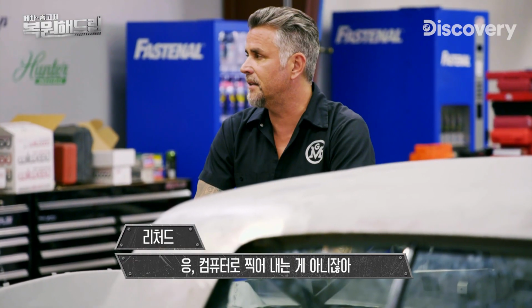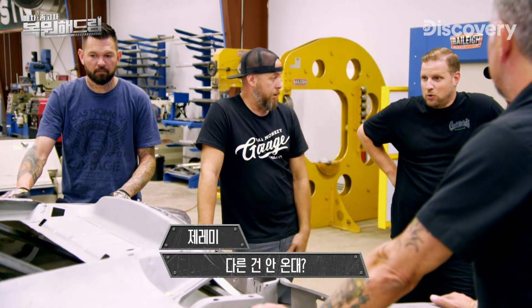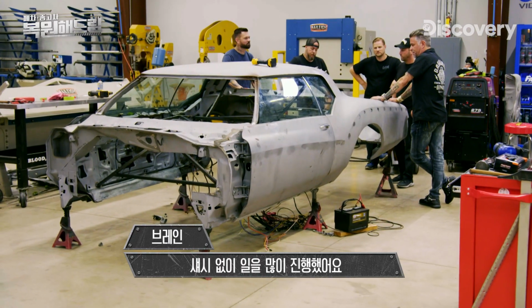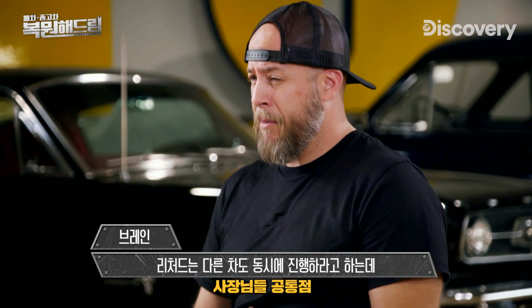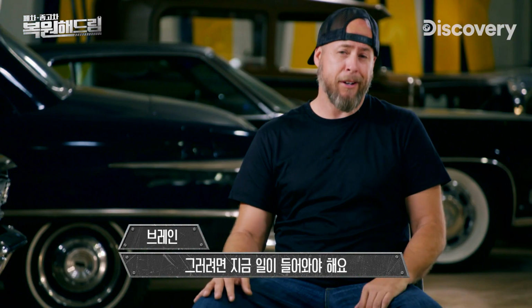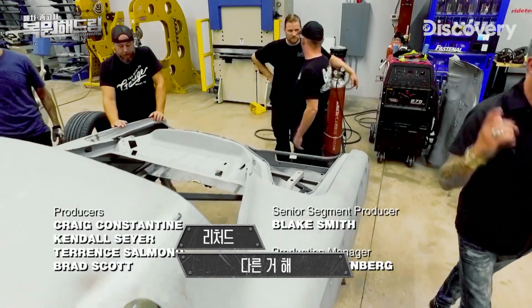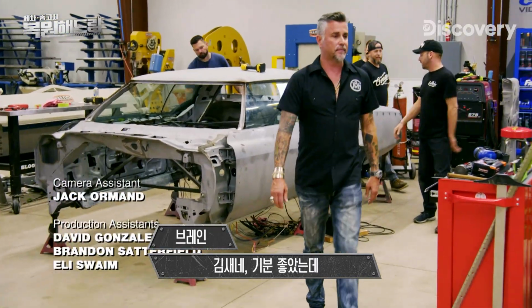Yeah, this isn't something that was sitting in the computer that they could punch out. Do they have any part of it? Do they have a rear end assembly? I kind of went down that rabbit trail with them. We made as much progress as we can without having the chassis. We can't fabricate parts now without having the foundation of the build. And Richard said we'd be working on other cars at the same time, but that time came a little sooner than I hoped. Sorry for the bad news. Just push all the parts together and, like I said, do something else. What a buzzkill, dude. I was having a good time until